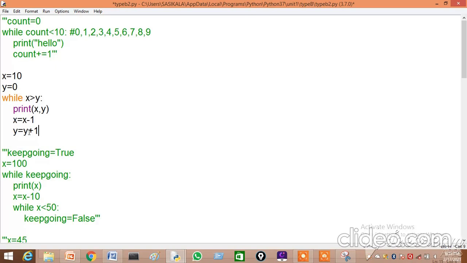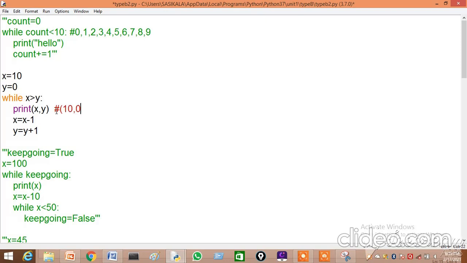So how many times will the loop execute? 5 times the loop will execute. How am I saying this? Initially x comma y is 10 comma 0.